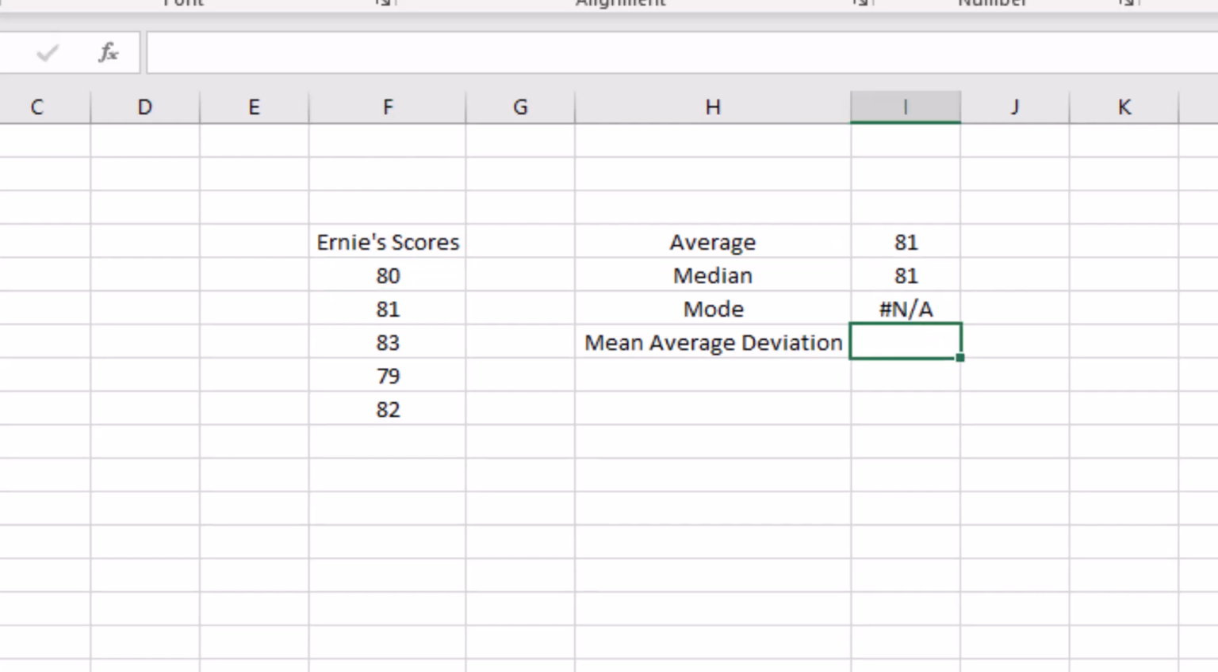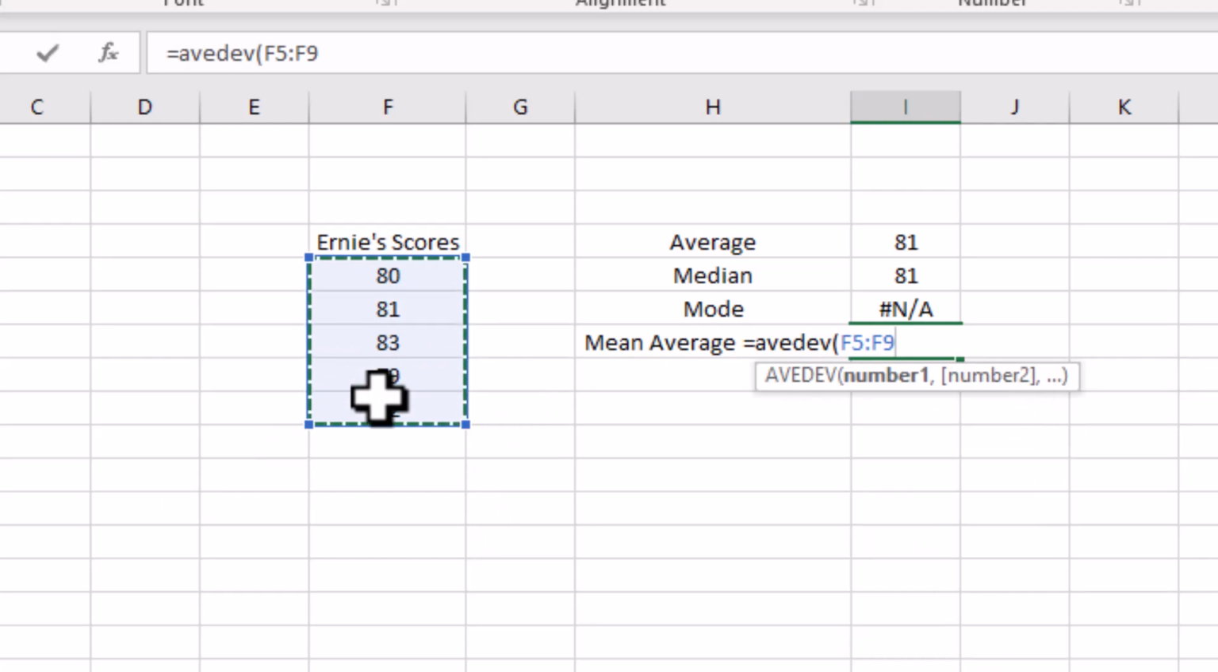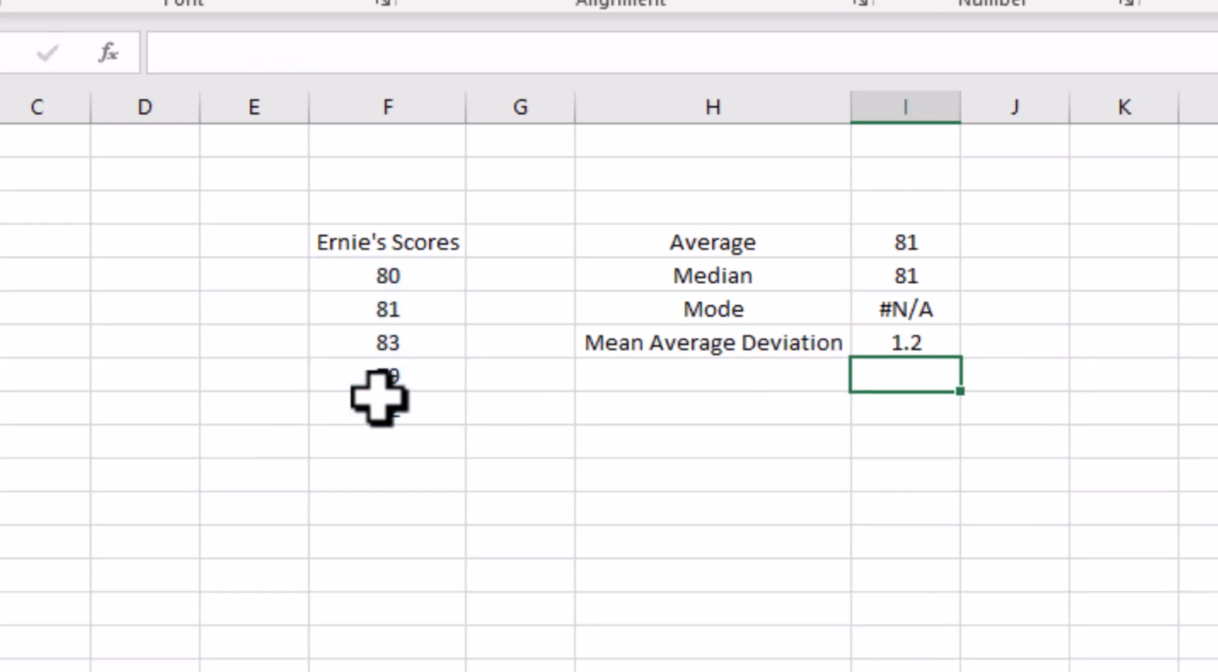Mean average deviation, this has got a weird name. It's equals AVEDEV, and then you select the data again. Get the trail of marching blue ants. There's that 1.2 you got before. Okay, now,